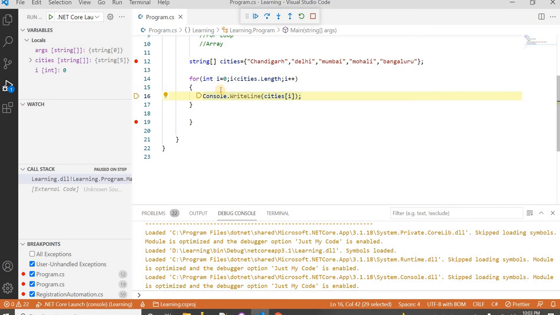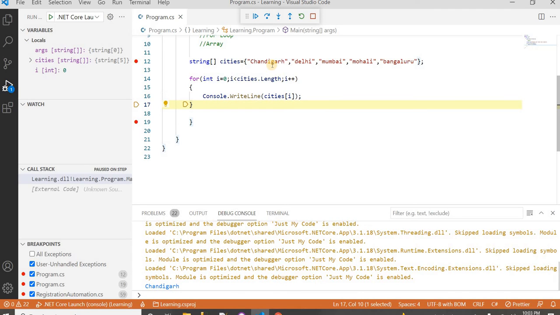So now i's value is 0, so it will print whatever is present at the 0 index, that is Chandigarh. Now when it executes the for loop, again it will come to the next level. i will be incremented by 1. Now i's value will be 1, right? Now it will not initialize to 0, it is initialized to 0 only the first time. This is the syntax for the for loop. Now i is 1, still less than length because it's 5, so this time it will print at 1 because i is here 1.